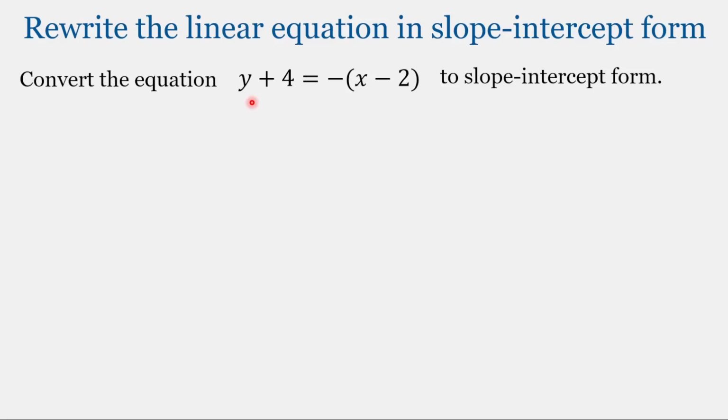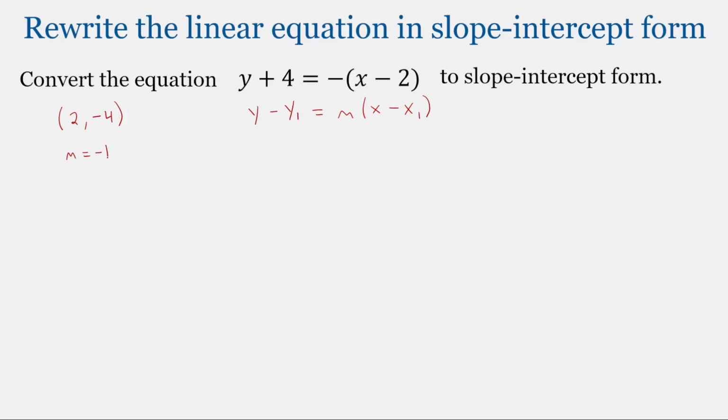Let's go ahead and try another one. Here we have y plus 4 equal to negative times the quantity x minus 2. This equation is in point-slope form, so we have y minus y sub 1 equal to the slope times x minus x sub 1. So that means we have the point 2, negative 4 on this line, and the slope